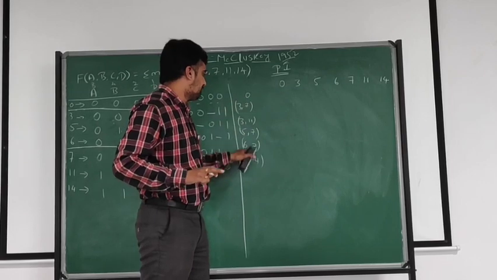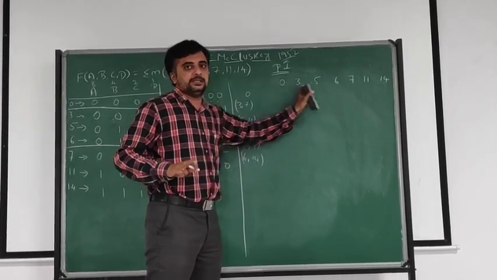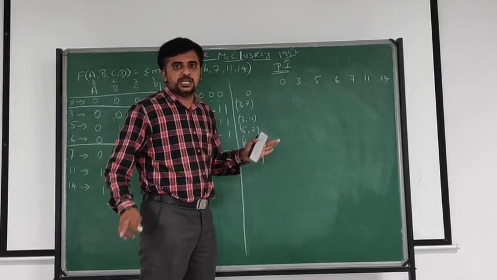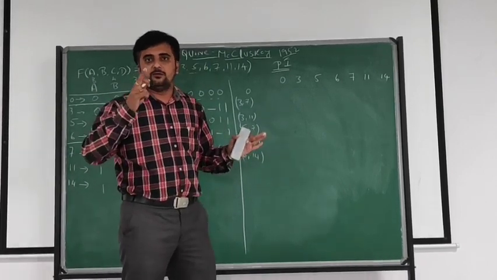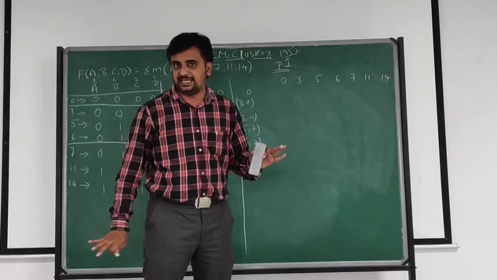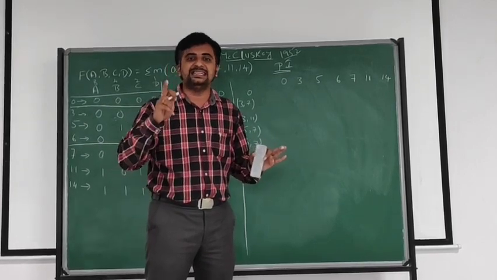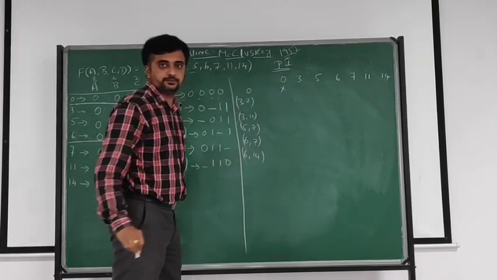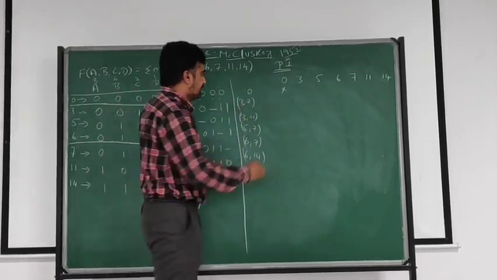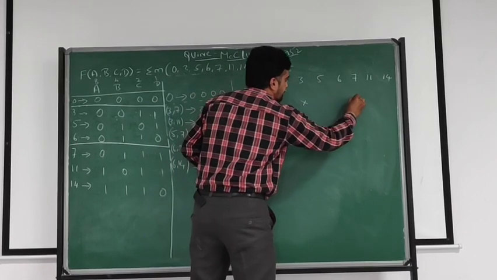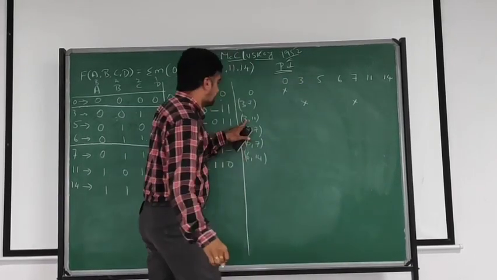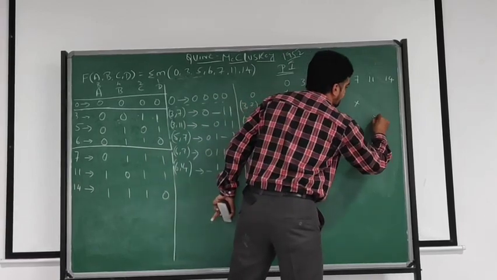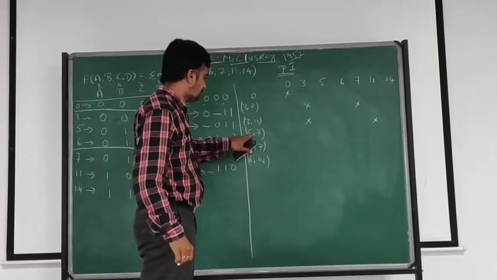What are the values given here? You have to cross by seeing this column. Clear? After crossing, make a circle where there is no intersection between each other. First step is 0. You have to cut it. Next, 3 and 7. Clear? Next, 3 and 11. First you have to write this step.